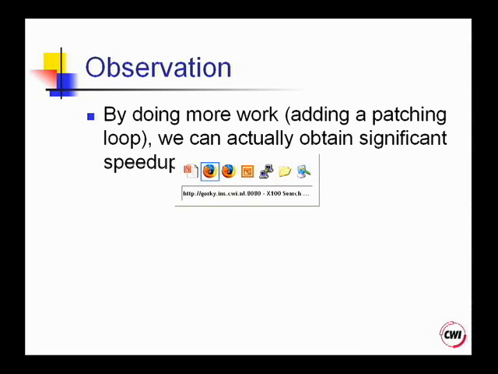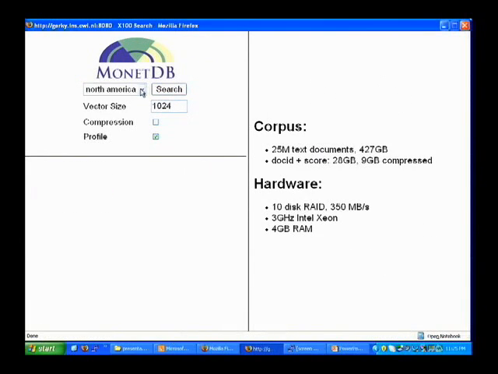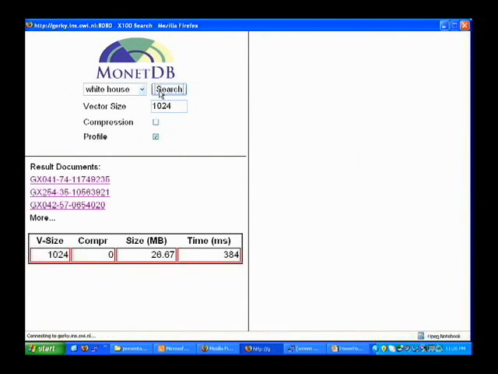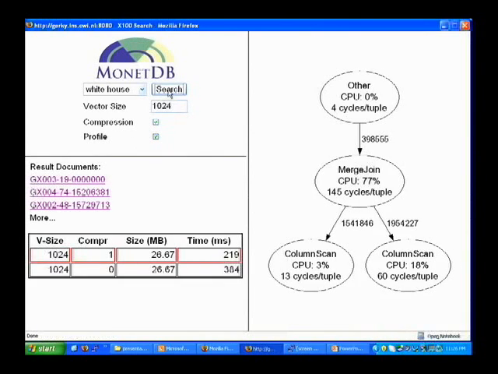And let me show the effect of compression now. In the demo, we're going to use a second query to avoid main memory caching. And first, without compression, we get an execution time of 384. This is I/O based. It's not in memory yet. And then using compression, we speed it up to 220, which is quite a speed up, given that we have a 350 megabyte per